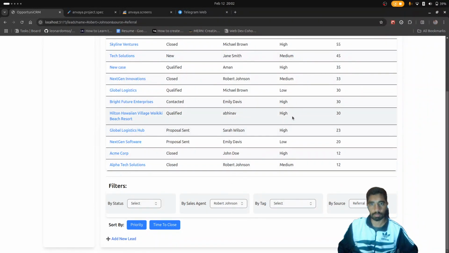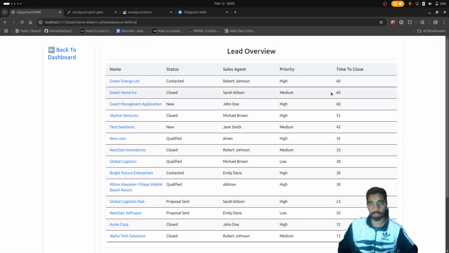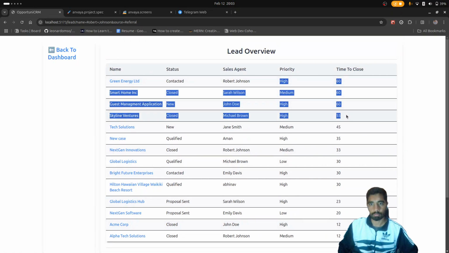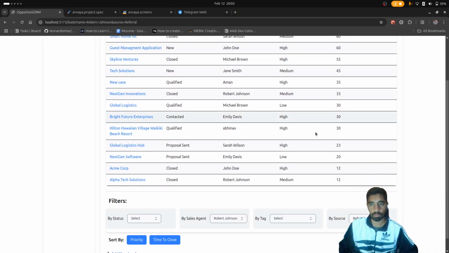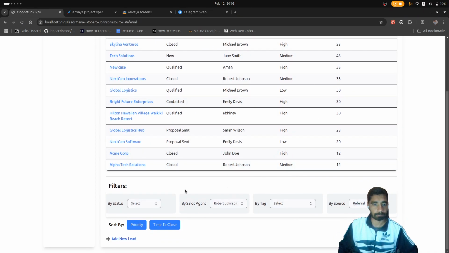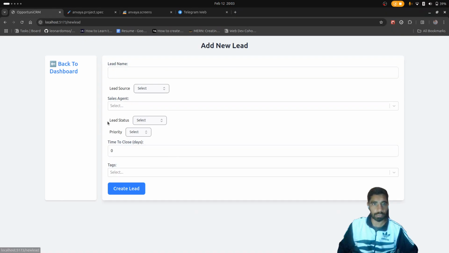And if we sort by time to close, it will show the lead with the highest time to close first and the lowest at the last. Also we can add here from the leads.